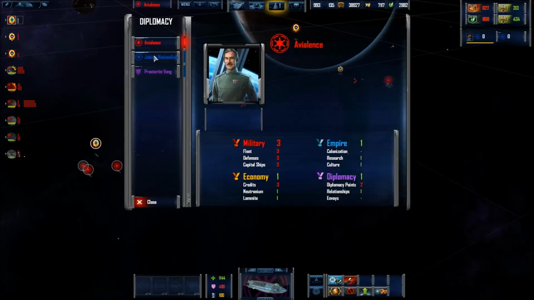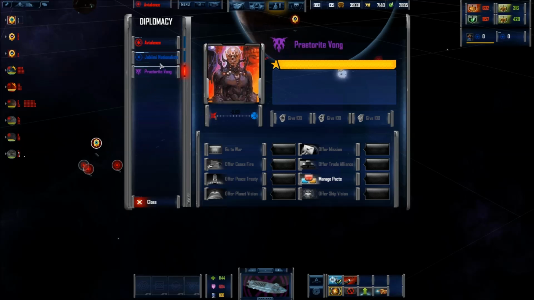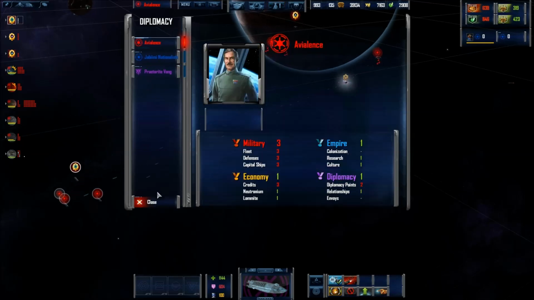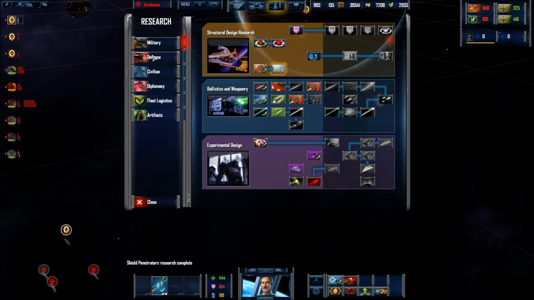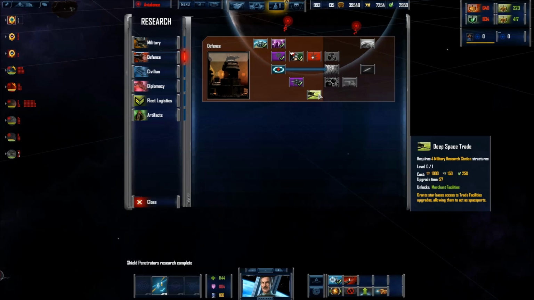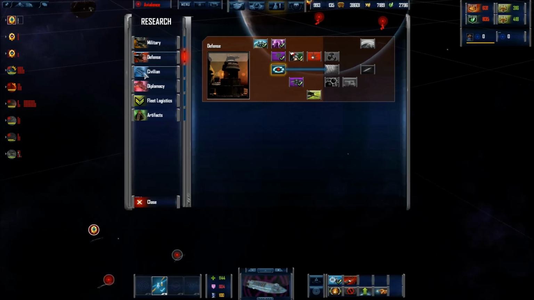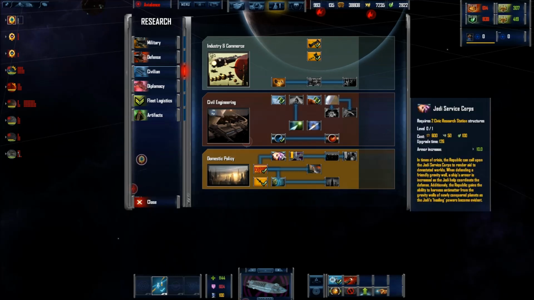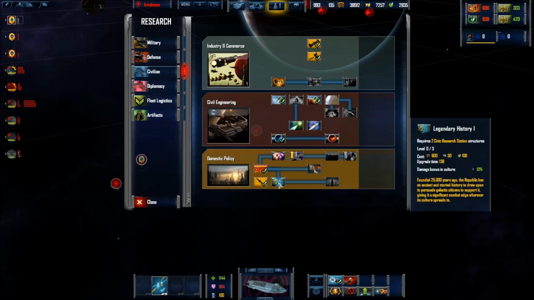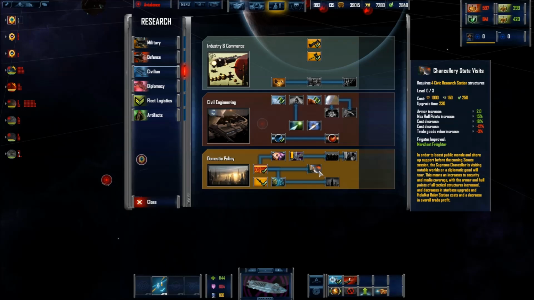Now, how are our relations here? So the Vong don't like us at all. That's fine. We need to worry about the droids liking us. That's the one thing I'm slightly concerned about. I want the droids to like us, so at least we can have trade relations. We'll see here. So we've got...